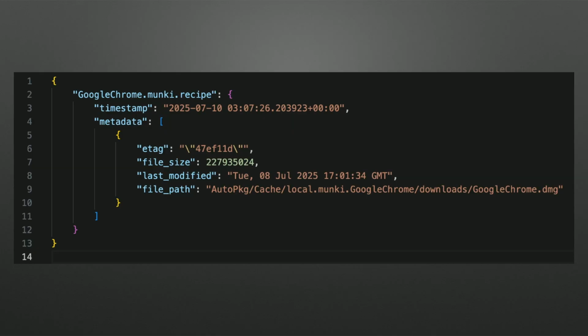You can see that it's named by the recipe. The key for it is the recipe, so it's easy to find. It has a timestamp from when it wrote the data last. And then it includes the metadata as a list for each file that's created, and each one of those has these 4 fields at the moment.